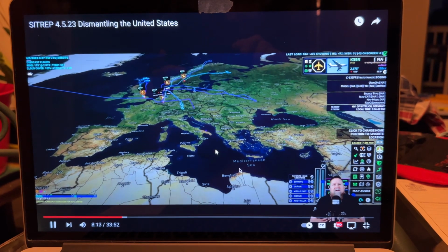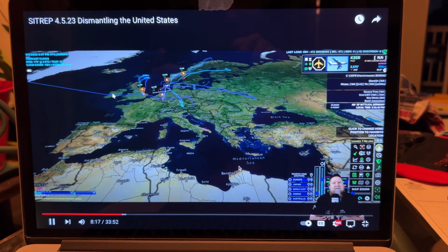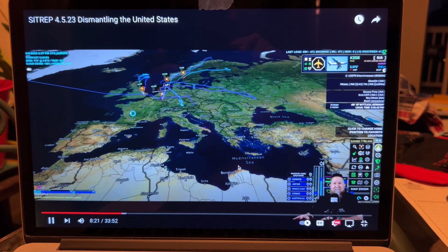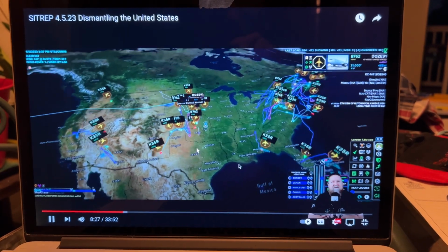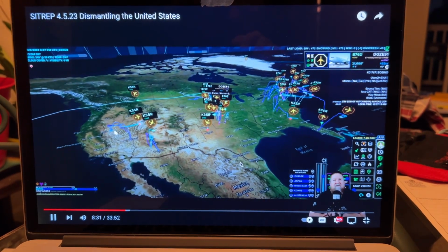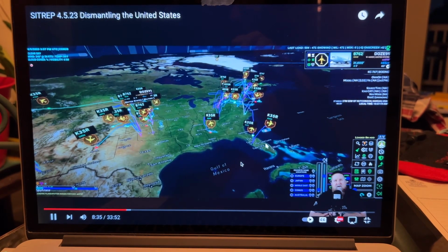So let's get now over to CONUS. As we wait for this thing, it'll be there in a second. As a matter of fact, let me just speed that up for us. Let's get over to CONUS. There we go. All right, so from the CONUS perspective, you can see very active in the center of the United States. We've got some stuff going on down near the Tucson border, a little bit of stuff over Nevada,